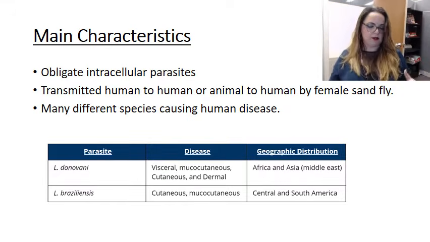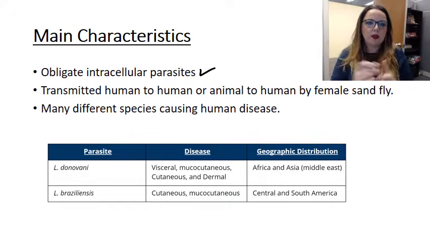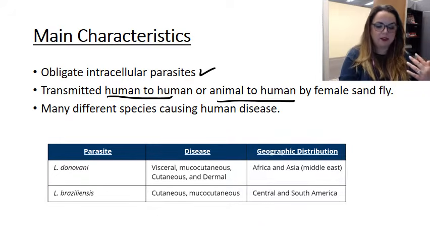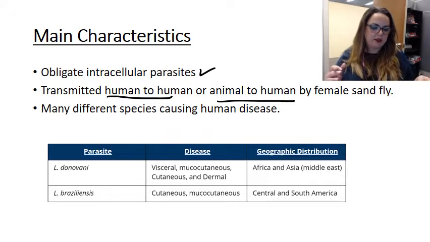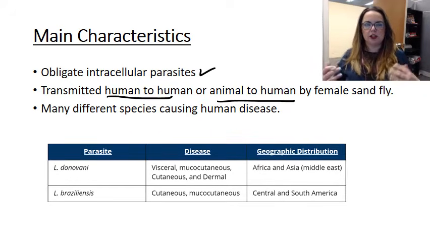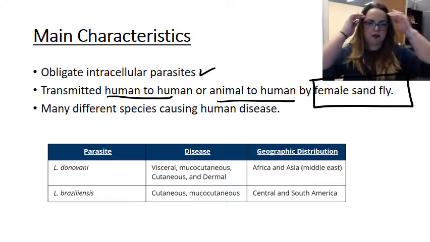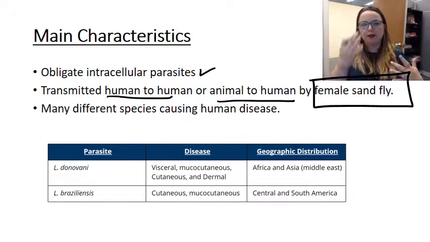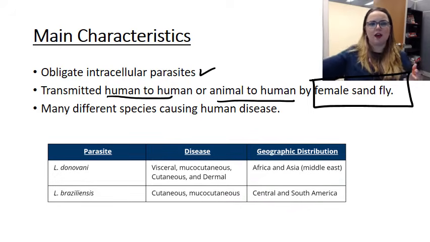Okay, so main characteristics. I already said this one. It's an obligate intracellular parasite. We are able to transmit this one human to human or animal to animal, and there is actually a significant animal component to the life cycle, depending on the geographic area. But the initial introduction into a population actually is the result of an arthropod vector. And the arthropod vector is the female sandfly. So an animal in a population gets bitten by a female sandfly, and that can set off this